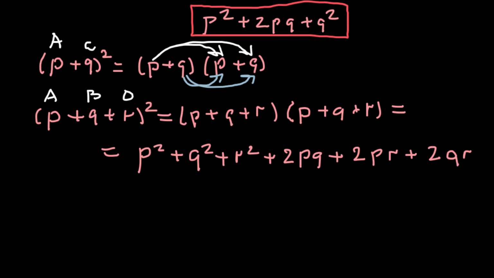Once again, P squared stands for the genotype AA,